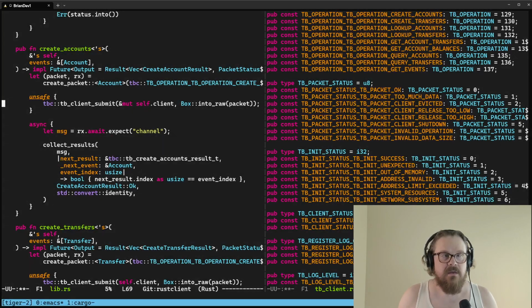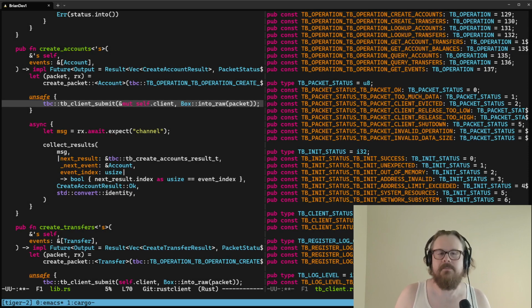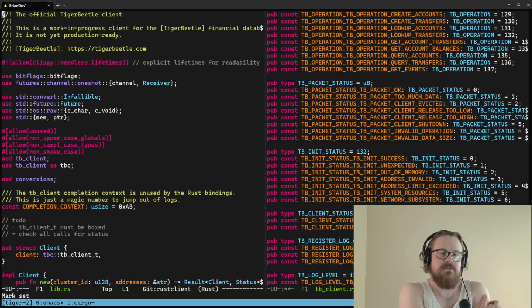Remember, part of the requirements of this API is that this value type, this client handle that's opaque, we're not allowed to move it because we're handing out unsafe pointers to the client library. And so that means in Rust, we can't ever take a reference to it. Just immediate undefined behavior if we take a reference to it while there are outstanding unsafe pointers to it. So really, in order to resolve a lot of these errors,